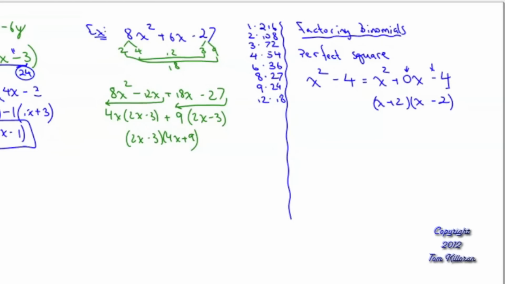There's also another name for those two binomials. What are they called? Conjugates. The middle two terms cancel out, negative 2x and positive 2x. So when you're factoring x squared minus 4, it factors into x plus 2 and x minus 2. If I put one of these on the test, you say thank you, because these are way too easy. How about